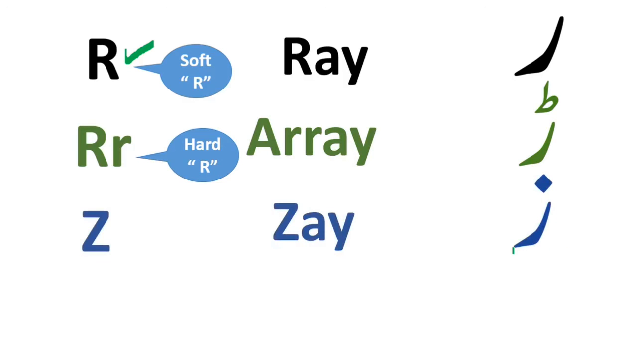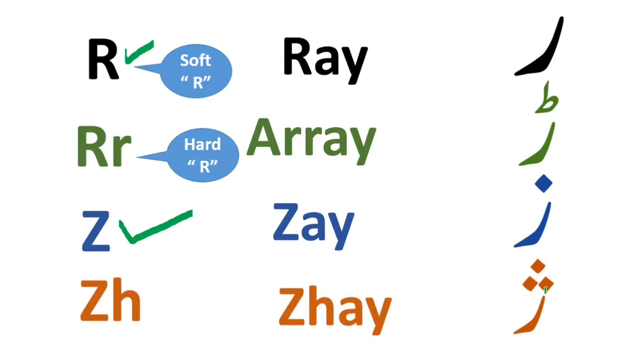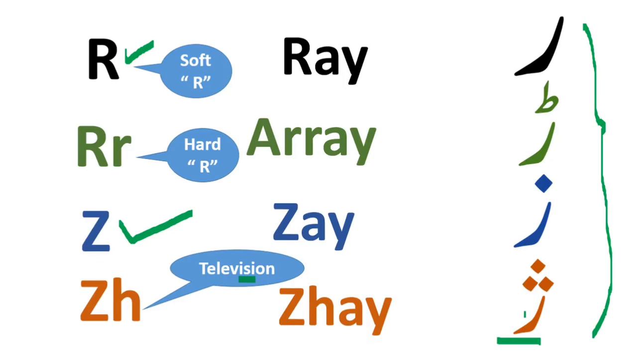Next we have Z, which sounds similar to Z in English. And next we have Zhe, a combination of Z and H, and the best example is television, the sound of zhan. So this is the family of R letters, which has 4 letters: Re, Ade, Z, Zhe. Re has no dot or sign, Ade has one sign, Z has one dot,